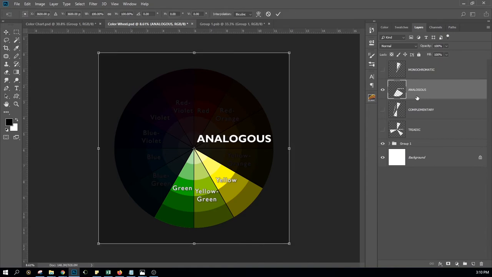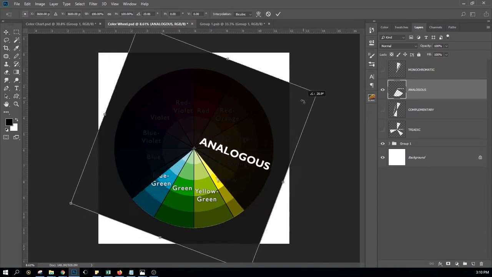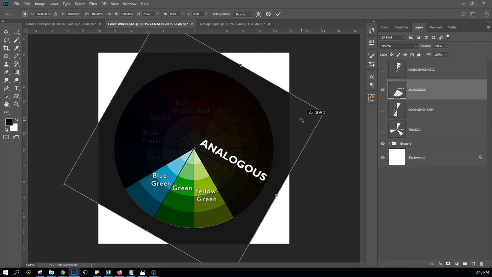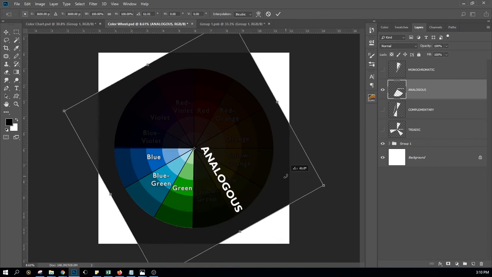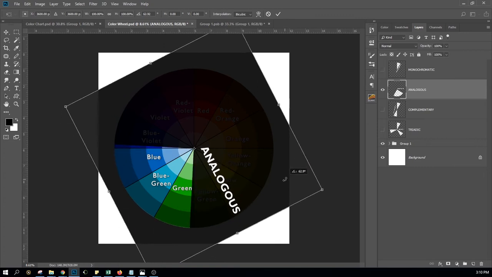Okay, so we can also look at this, and blue green, green and yellow green, this is an analogous color scheme as well because they all share green, right? Okay, and here we have blue green and green. So